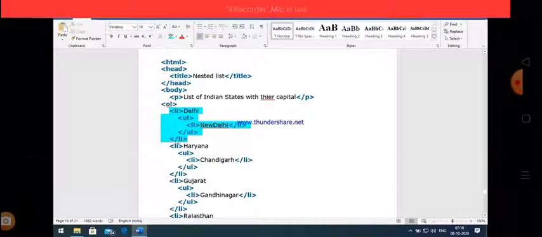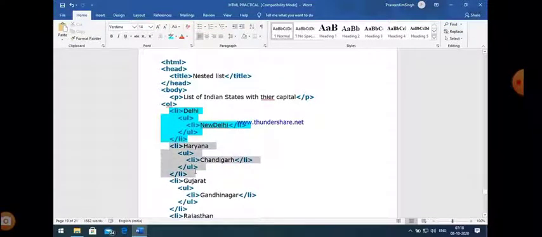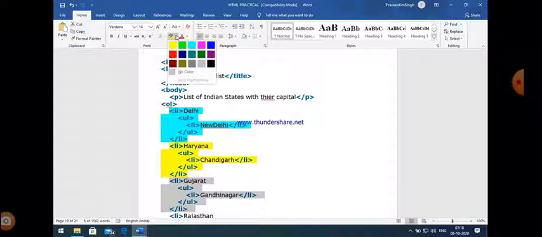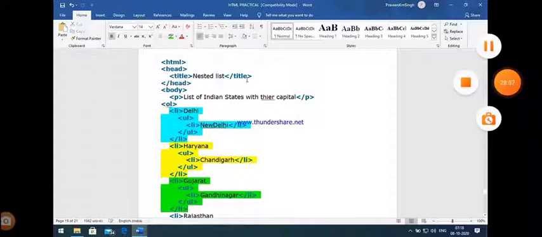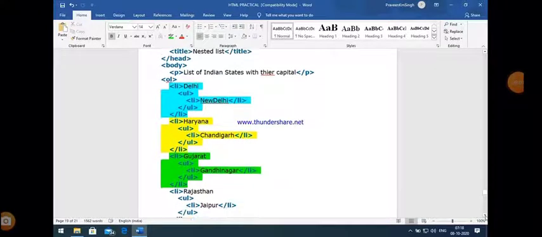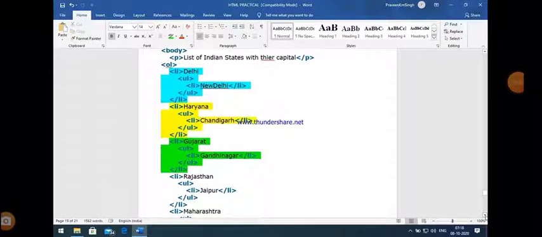Second, you can easily see that the ordered list item is Haryana, and the unordered list item is Chandigarh. So Chandigarh is defined within Haryana. So the number 2, and then the disk Chandigarh should be displayed. After that, in the same manner, Gujarat, Gandhinagar will be displayed. In the same manner, Rajasthan, Jaipur should be displayed.